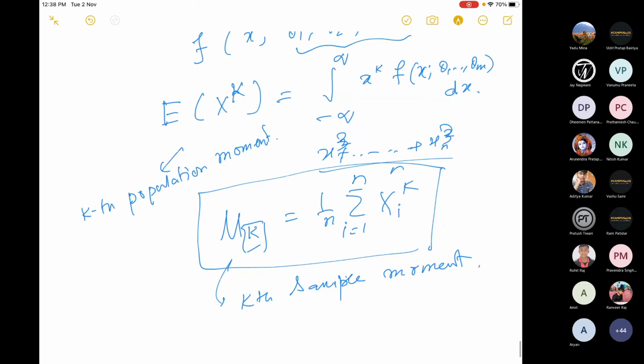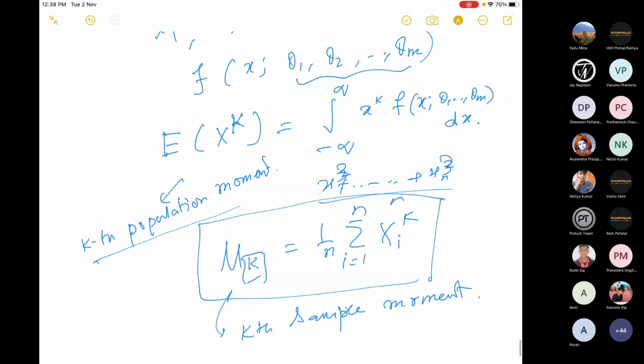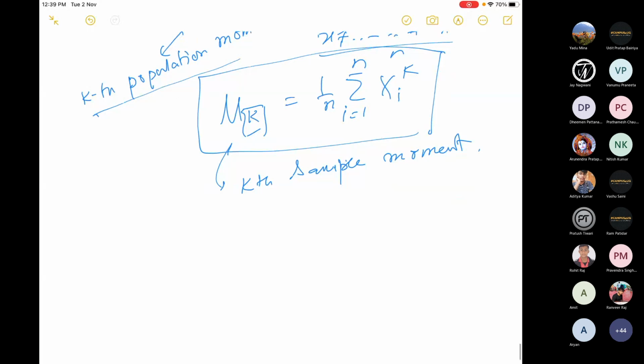And I have this kth population moment. And the method says, whatever be the value of those parameters, I want to choose those values based on the fact that these two moments are equal. So this is the method. Find the estimator